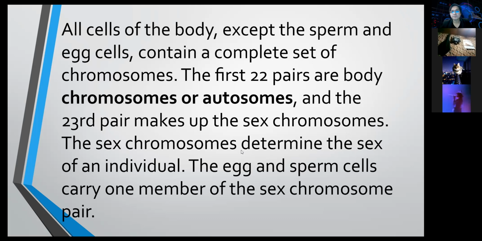Don't we have these 22 pairs already as autosomes, meaning these are responsible for your physical characteristics and your attributes? And the last pair, take note that humans have 23 pairs of chromosomes all in all. 22 of them are autosomes, and 1 pair is the sex determinant or sex determining chromosome. Meaning to say,